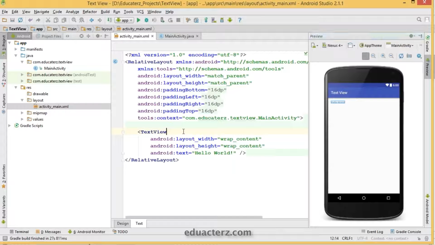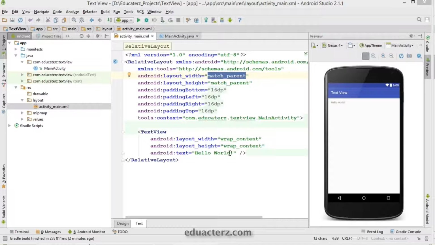By default, when you create your project, the text view is already available. If you want to add any object or UI element to your layout, we use XML, which is a human readable format. This is the text view opening tag, and this is your closing tag. Every layout, widget, or view will have two properties, layout width and height. For them there are again two default values, wrap content and match parent. Here I have set both to wrap content only. If you observe here, the text available by default is Hello World. Now I am going to change that to something else